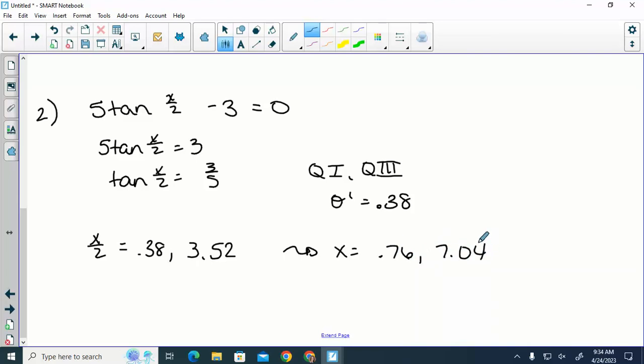I told you to give me everything between 0 and 2 pi. 2 pi, if you put that in your calculator, is 6.28. So the only answer that would be in the